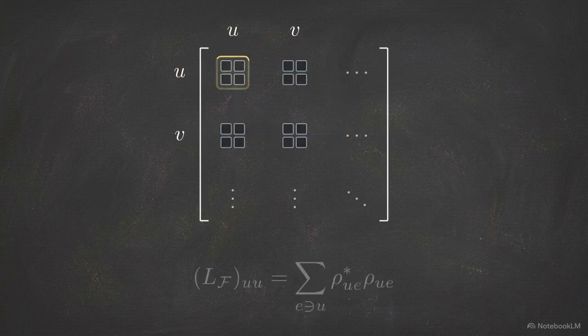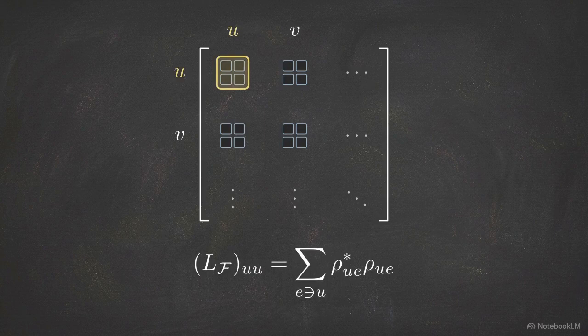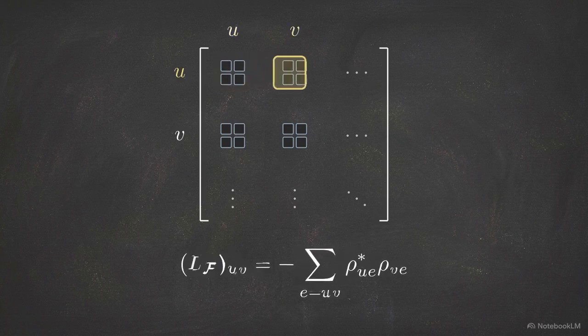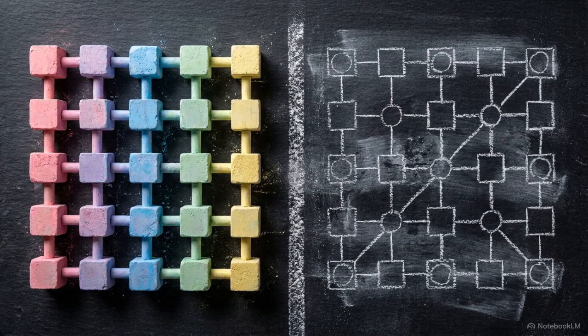The diagonal blocks compute local self-comparison for each node. The off-diagonal blocks represent the negative comparison operator, coupled precisely through mappings into the shared edge stalk. This maintains strict backward compatibility. Restricting stalks to one dimension and simplifying maps to scalar weights collapses this entire matrix into the ordinary Graph Laplacian.